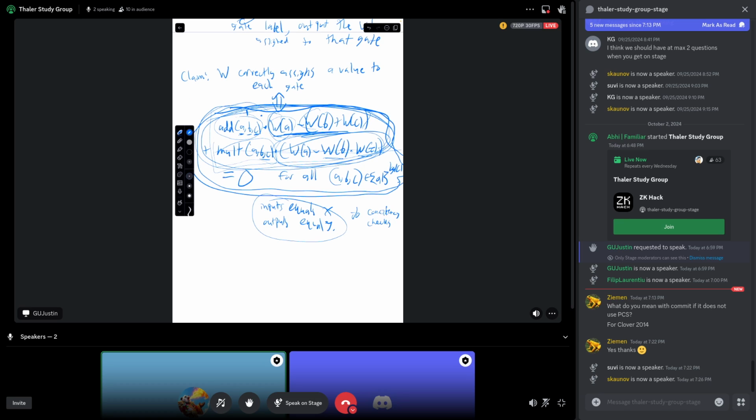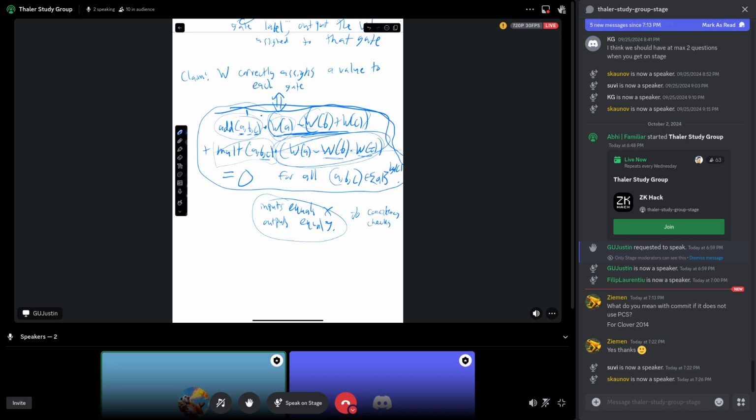Just because that sum ends up being 0, how do we actually know that W correctly assigns everything? If we knew that every term was 0, then it would make sense. But if we only know that for the entire sum, how can we know that W is correct? So there is no sum here, other than